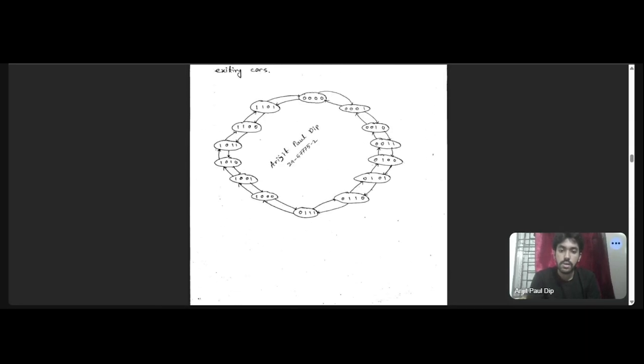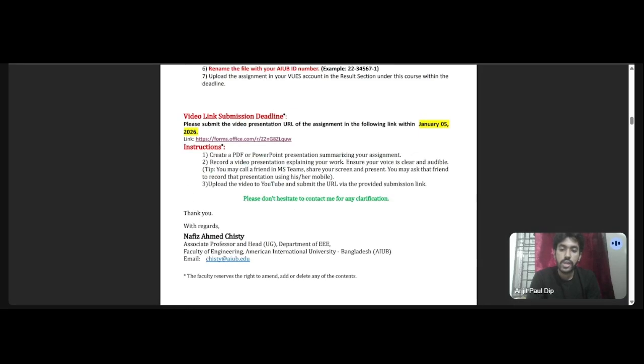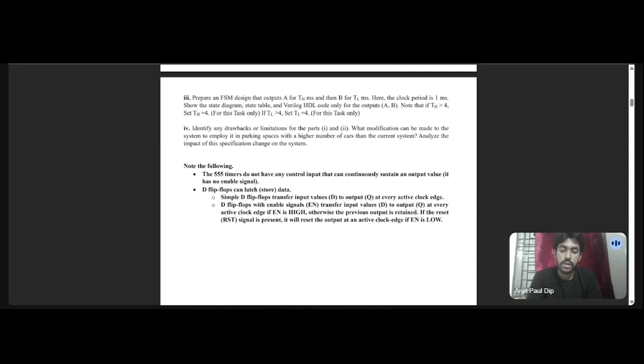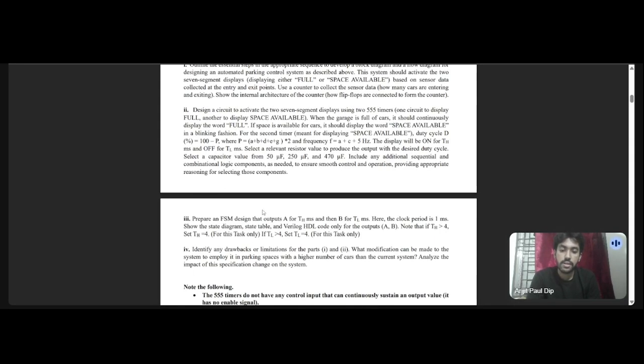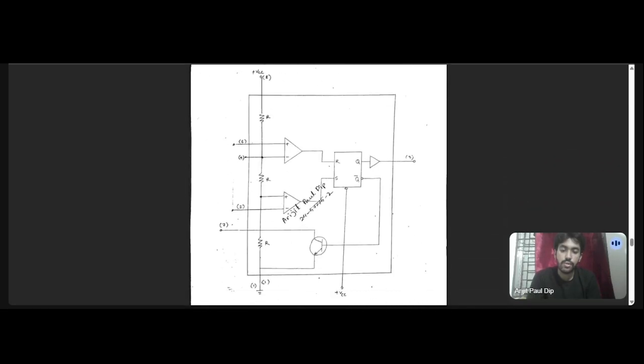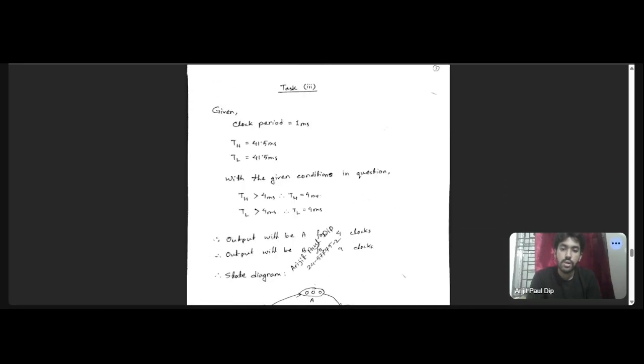In task 3, we were given a set of instructions that from the previous math, if we get TH greater than 4, then for this math only we can set TH equals to 4, and if TL is greater than 4, then we should set TL equals to 4. And as we have seen, both of those conditions apply for our math task 3, so we have set both of them to 4,